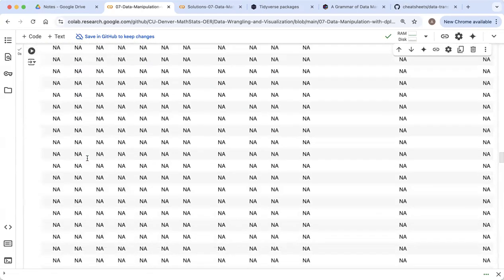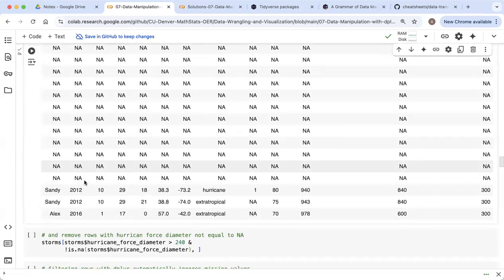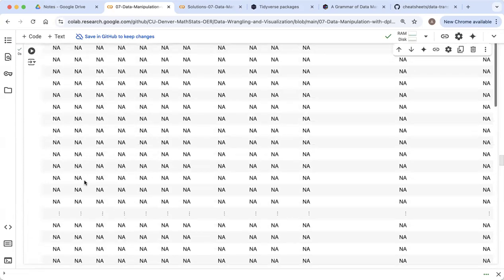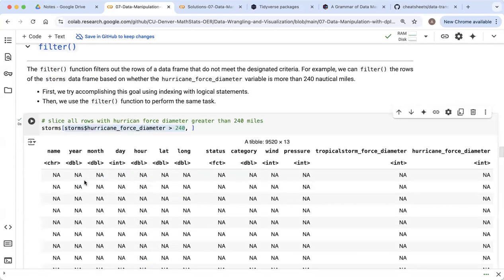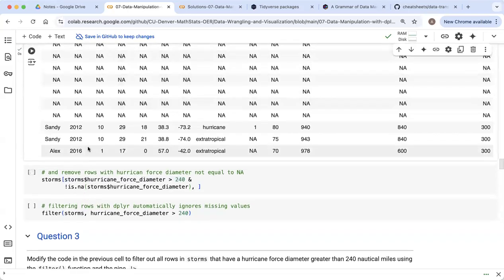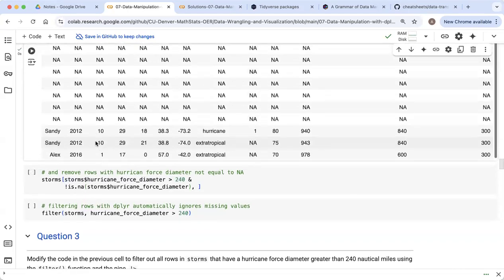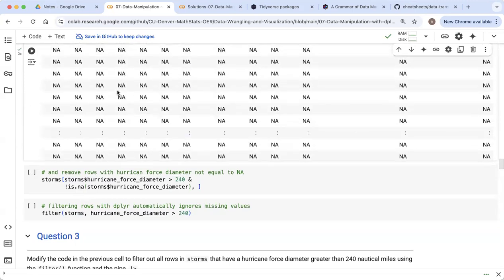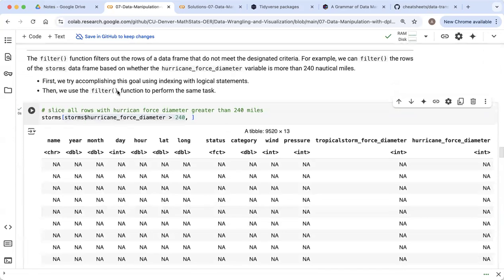You can see it is doing some weird stuff. It is pulling off a lot of NAs, and there are other storms down at the bottom. One thing that is not ideal about slicing using indexing is that